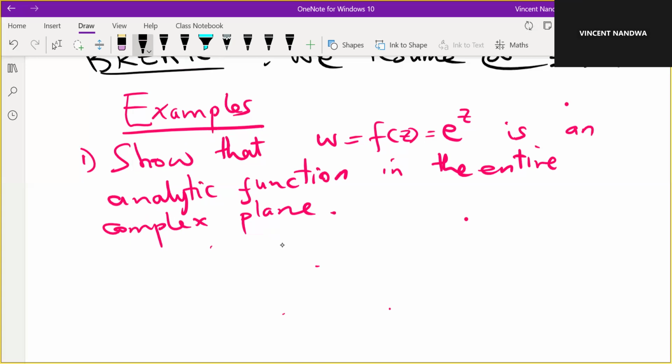So the first example is: show that the function w equals f of z, e raised to power z, is analytic in the entire complex plane. So it's simply to show that the CREs are satisfied and all the partial derivatives of u with respect to x and y are continuous functions in the complex plane. So solution,